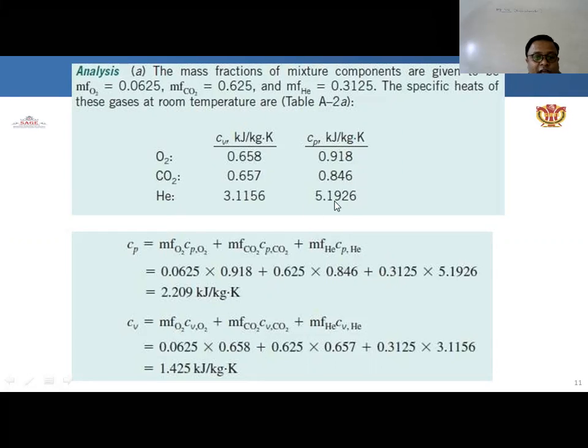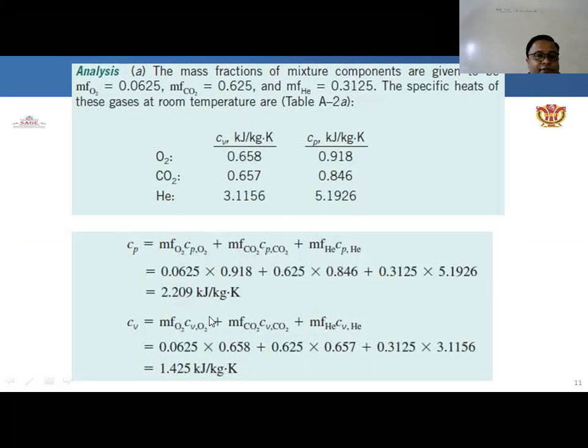तो यहाँ पे अब आप Cp की वैल्यू मिक्सचर के लिए निकाल सकते हैं। तो मोल फ्रैक्शन ऑफ द ऑक्सीजन इनटू स्पेसिफिक हीट ऑफ द ऑक्सीजन प्लस मोल फ्रैक्शन ऑफ द कार्बन डाइऑक्साइड इनटू द स्पेसिफिक हीट ऑफ द कार्बन डाइऑक्साइड प्लस मोल फ्रैक्शन ऑफ द हीलियम इनटू द स्पेसिफिक हीट ऑफ द हीलियम। जब आप यहाँ पे ऐसा करेंगे तो ये मिक्सचर के लिए निकल के आ जाएगी, सारी वैल्यू आपके पास दी हुई है।